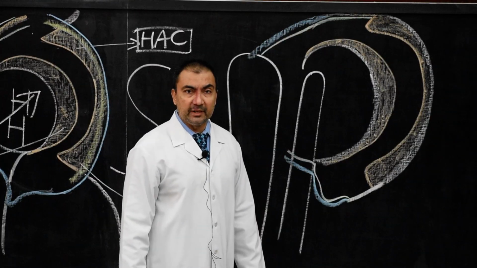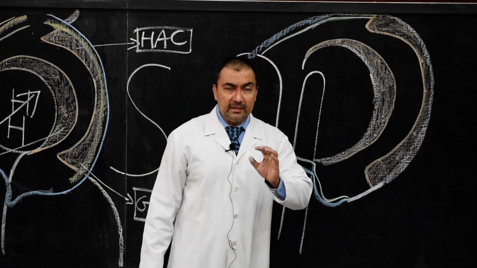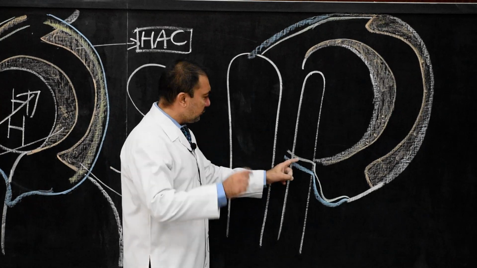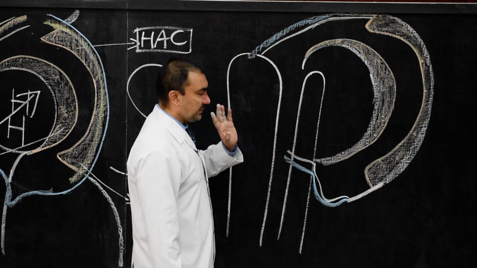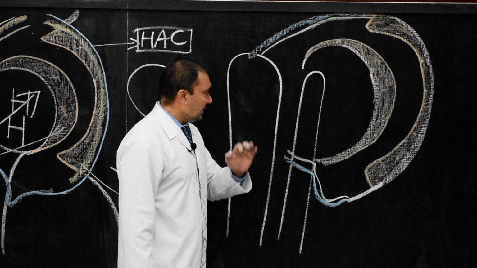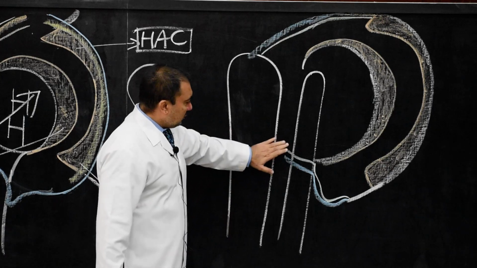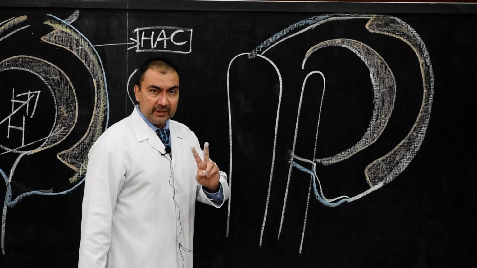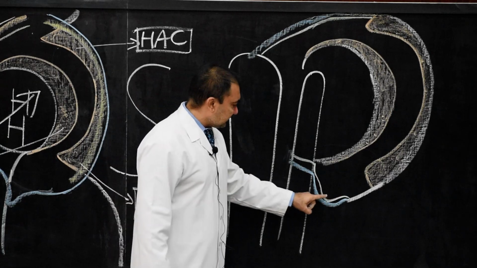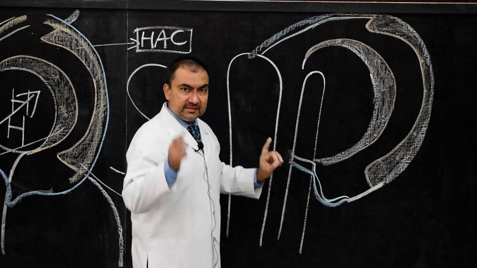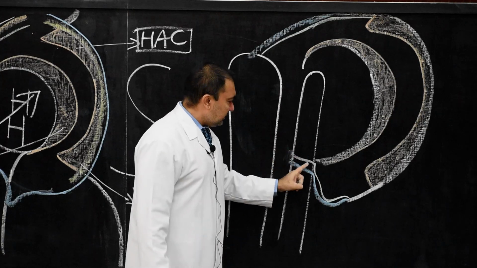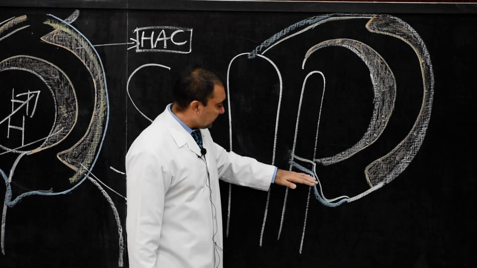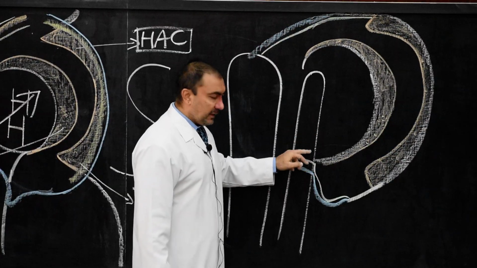This is a very, very important point. The intra-articular part of the neck of the humerus will be covered by synovial membrane. That is why we show this synovial membrane in this way. Now comes the important point. After showing these two points, first it is lining the inner surface of the capsule. Second point, it will cover the intra-articular part of the neck of the humerus, which is present just deep to the fibrous capsule.